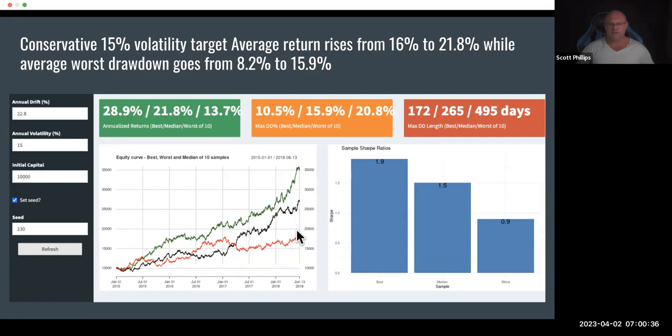And if we still look at our curves, if you gave me any of these three, it feels like you're just getting a lucky dip, one result out of a million potential results. Our best result was a Sharpe of 1.9, amazing. Our average was a Sharpe of 1.5, just what we expected. And the worst was still about Ray Dalio level. You can live with that. That's not so bad. So over 3 years, your 10,000 turned into about 19,000, 27,000, or 37,000.